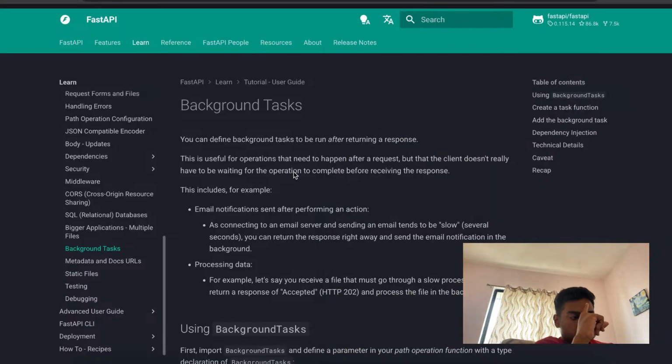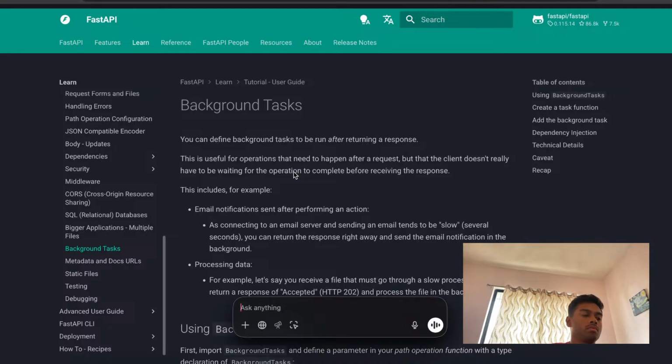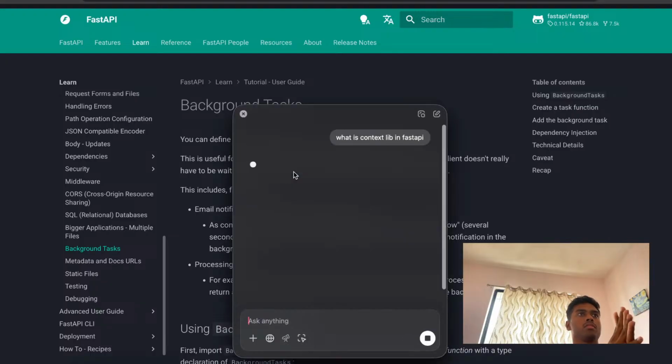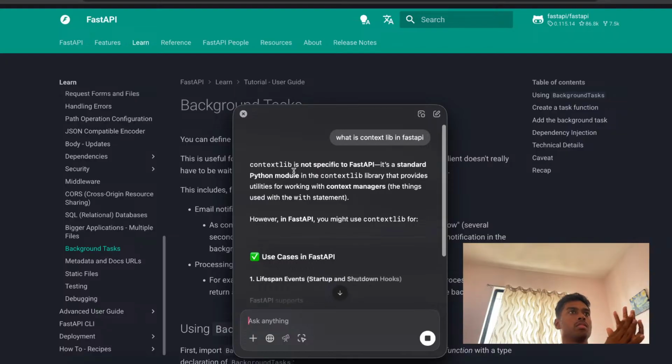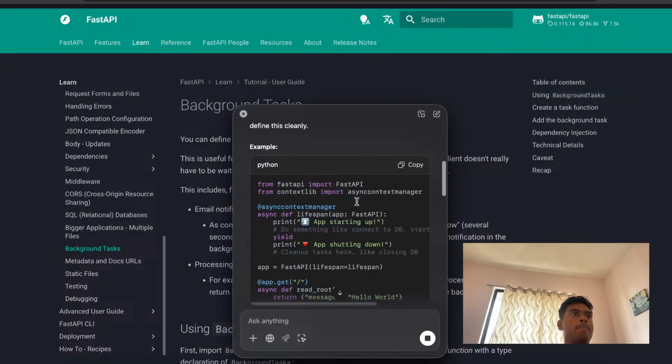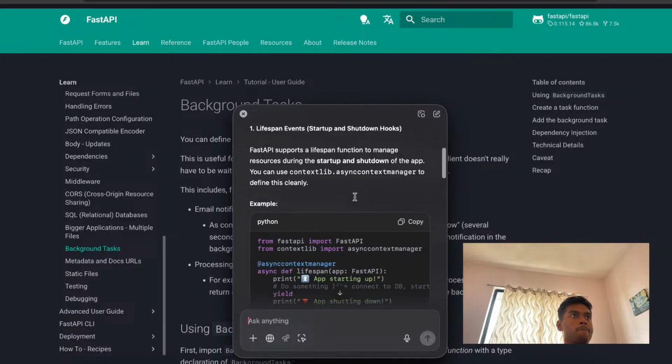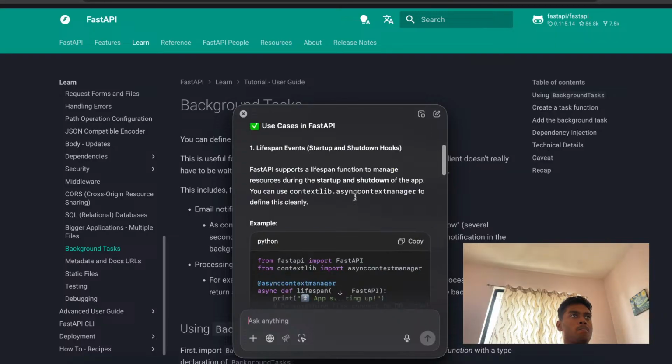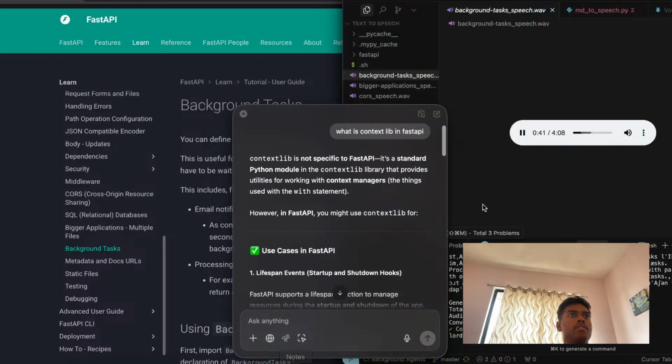Background tasks: you can define background tasks to be run after returning a response. This is useful for operations that need to happen after a request, but that the client doesn't really have to be waiting for the operation to complete before receiving the response. This includes, for example, email notifications sent after performing an action. As connecting to an email server and sending an email tends to be slow, several seconds, you can return the response right away and send the email notification in the background. Processing data: for example, let's say you receive a file that must go through a slow process. You can return a response of Accepted, HTTP 202, and